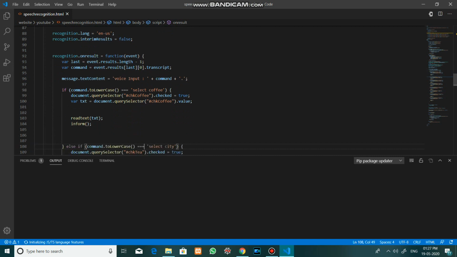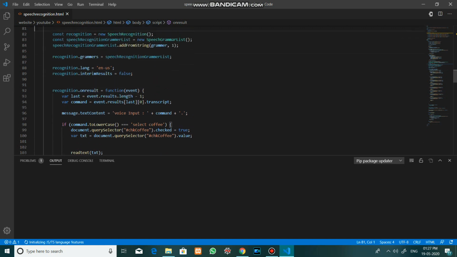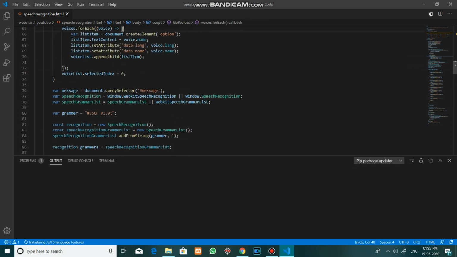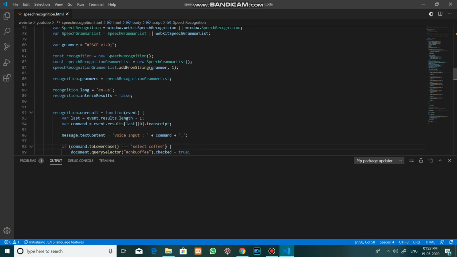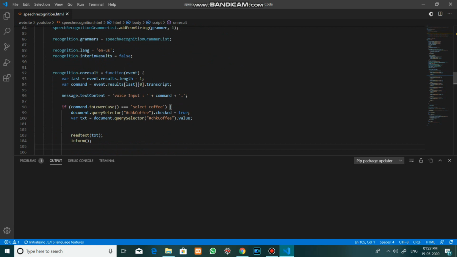This function will take the command the user has given, and we have selected the content message in the variable message. Now message.textContent will hold the voice input given by the user. The command will be event.results, the first index element, and we take its transcript.